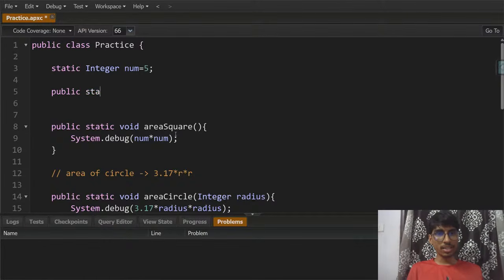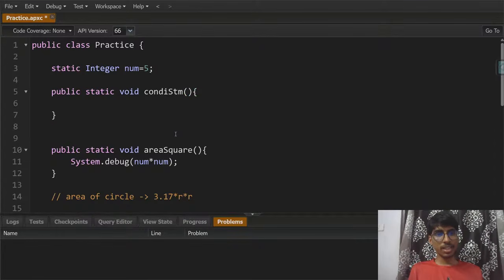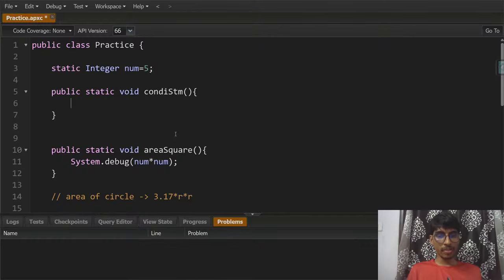So public static void conditional. Let's write the shortcuts, conditional statements, and in that what I'll be doing is basically,